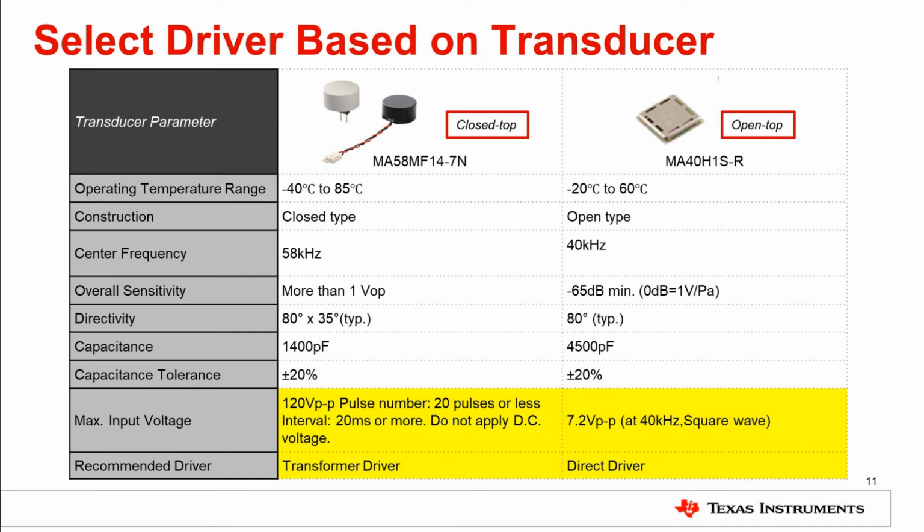For applications using closed-phase transducers, the transformer driver type is more common because the average driver requirement tends to be at least 100 volts peak to peak. Although closed-phase transducers can use an H-bridge driver, the maximum detectable range will be less compared to that of a transformer driver due to the low amount of sound pressure generated in the direct driver mode.